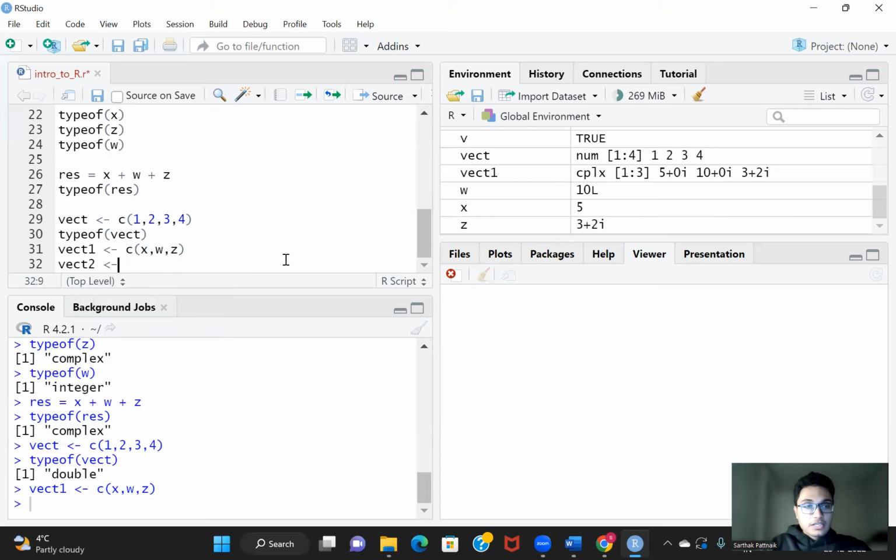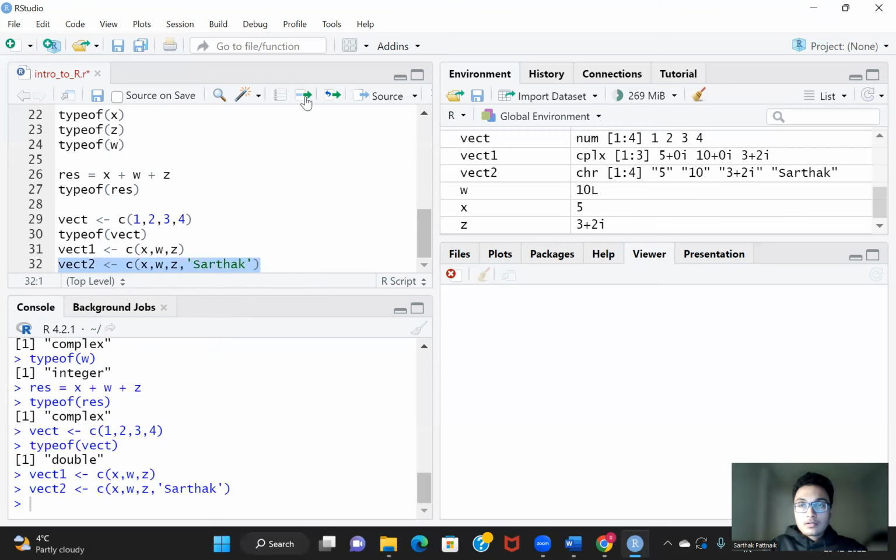Things become even more interesting when I introduce a string. All of these get converted to character. Character is the name of the data type we use in R. It's not technically called strings. It is called a character data type, but character has the highest precedence above all of these. So if I have to mention precedence,